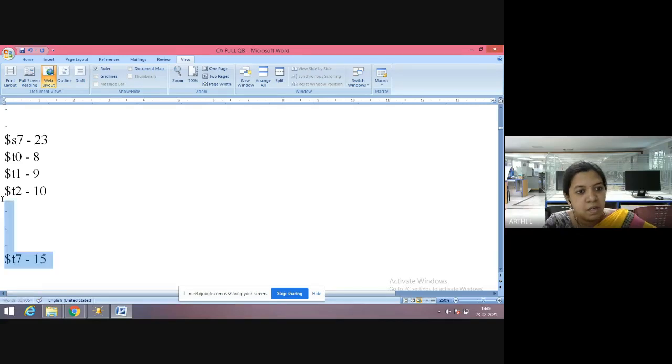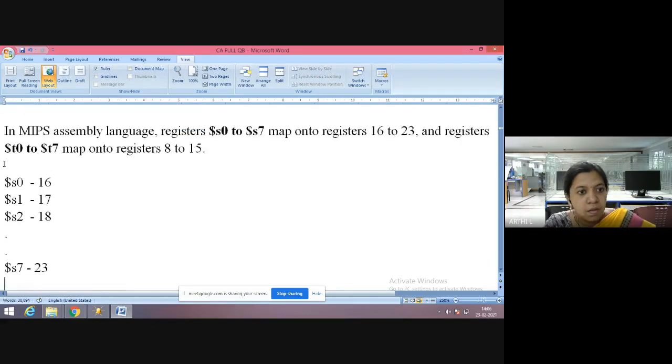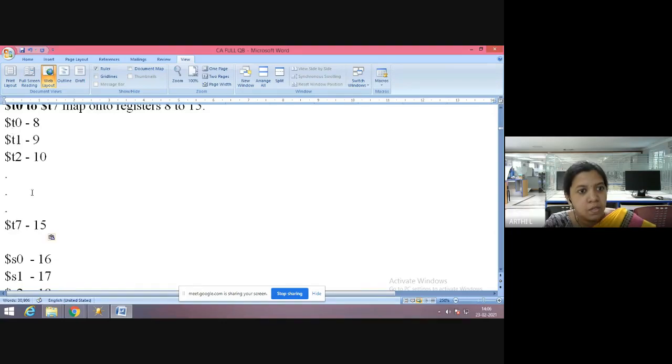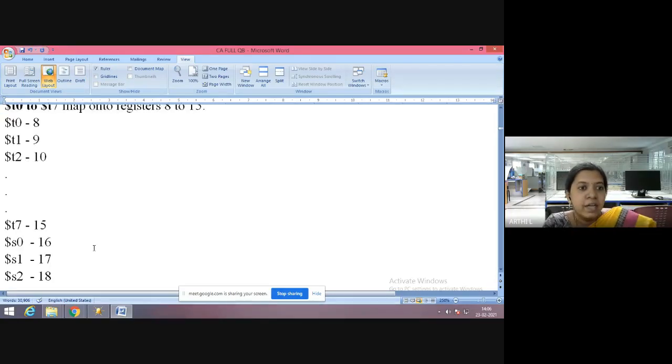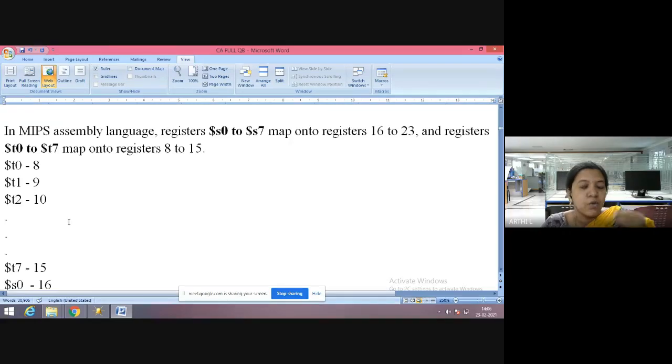We can take it like this. For T, dollar T0 will be 8 and T1 will be 9, 10, 11, 12, 13, 14, up to 15. T ends at 15, and 16 starts from S. So dollar T and dollar S are the registers which we are going to use for arithmetic and logical instructions, for source and destination registers. A register is just for saving a number.